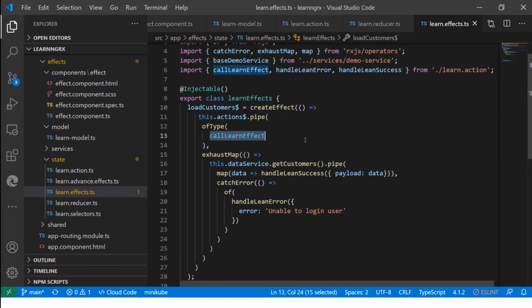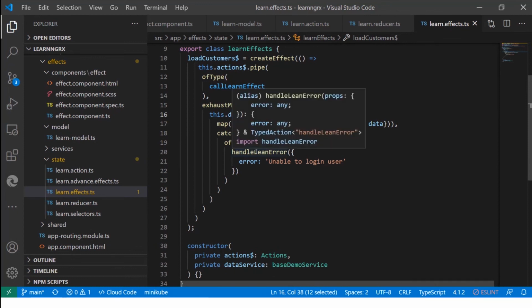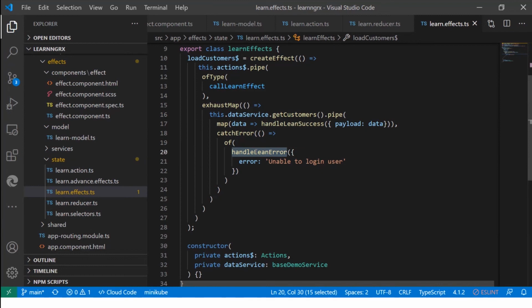It's going to subscribe to the call learn effect action. When that gets triggered, it will call the service. In this case, the service is get customer. When it's done, one of two things is going to happen. An error can happen. In those cases, we want to trigger another action called handle learn error, which just returns